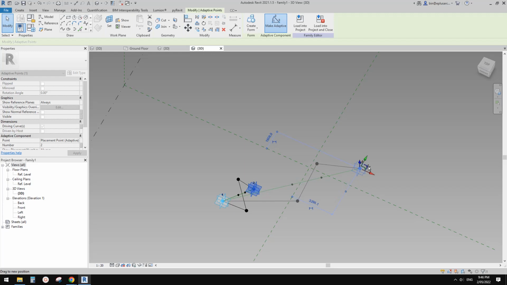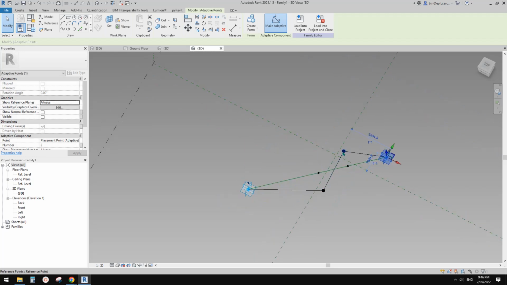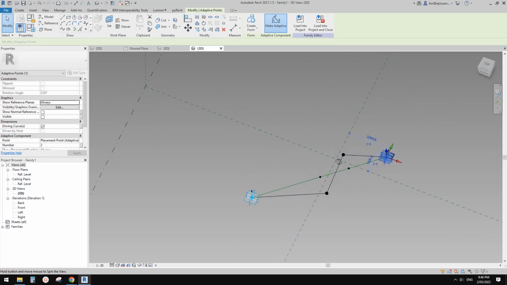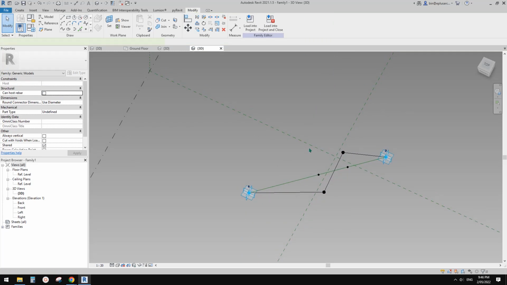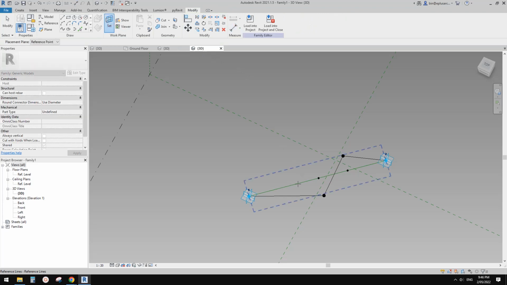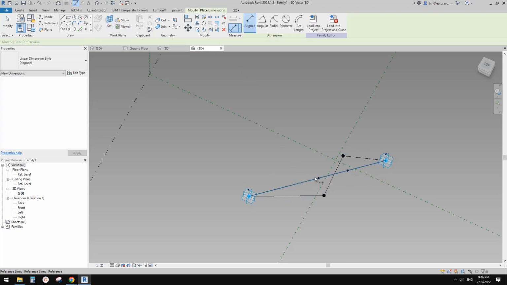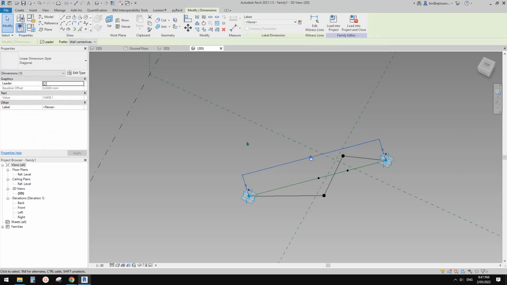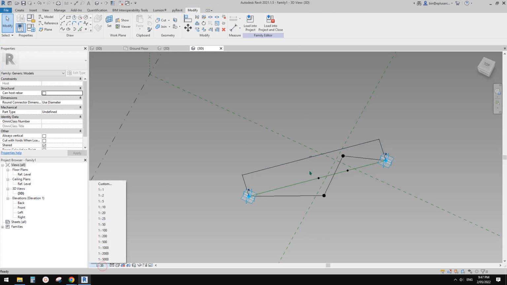Okay, so what we want to do is we want this offset change with the distance between point 1 and point 2. So we just need to create a reporting parameter. So dimension, set, pick this work plane, pick point 1 and point 2. So, and then we can create. So let me change the scale so we can see the,